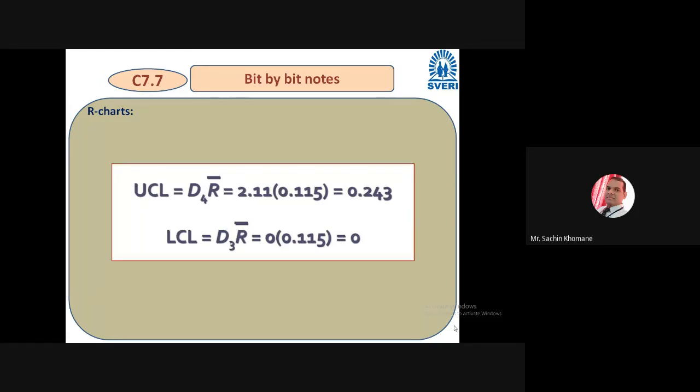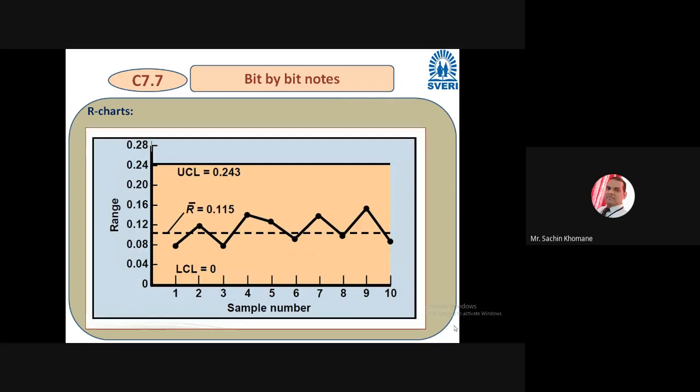Also we have seen certain constants, right? D4, D3, A2, some constants like that, and we have prepared the range chart, and we have drawn certain conclusions from such charts. Whatever graph you have drawn about the mean, if points are above the UCL, upper control limit, or below the lower control limit, then there is some problem with your process and you have to take corrective action, right?